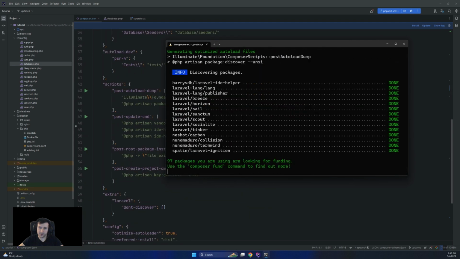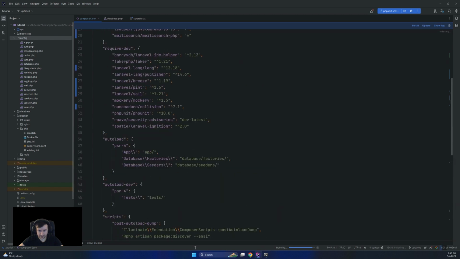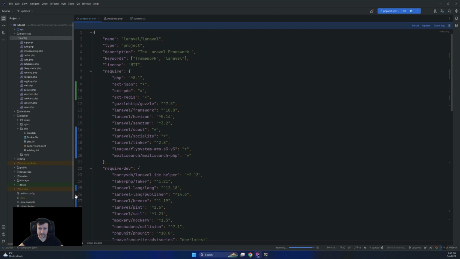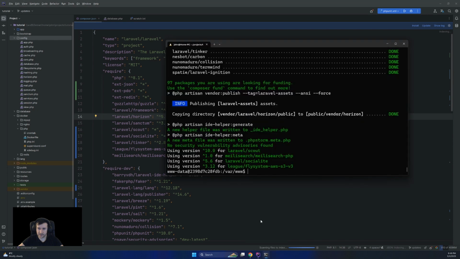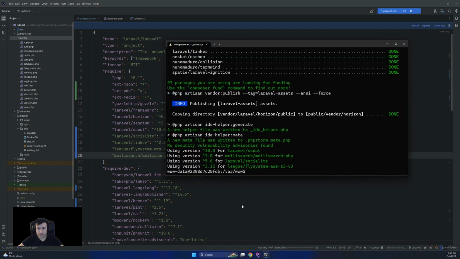And what you will notice if you do the same is that PHP HTTP Discovery has been added in the allow-plugins section. And those packages that I mentioned were added in here. They are showing with an asterisk because probably Composer, oh, actually it finished now. So we should have the versions. So Laravel Scout 10, League Flysystem 3, Meilisearch 1, and so on. So that will be everything about Composer and dependencies updates.